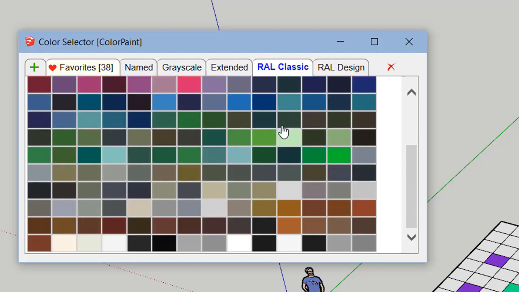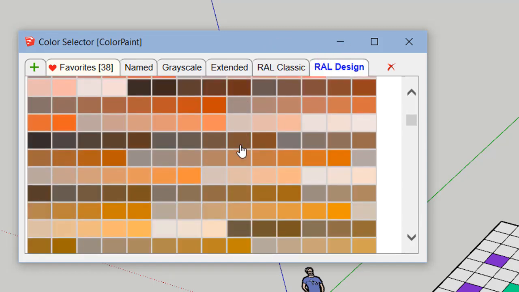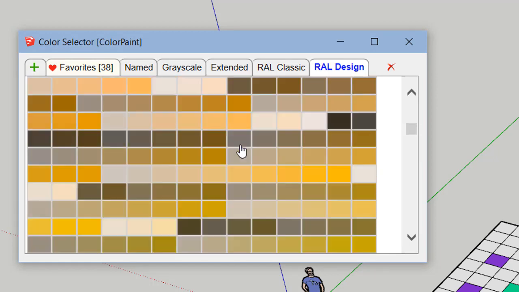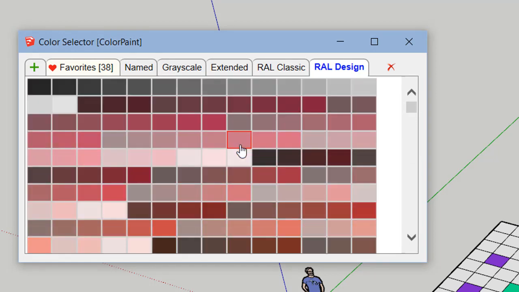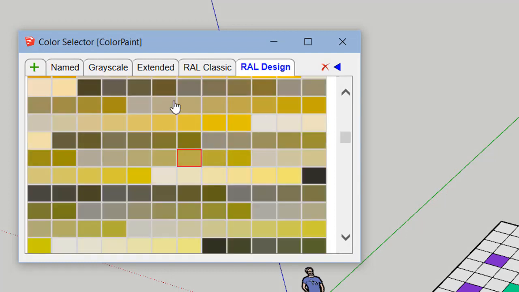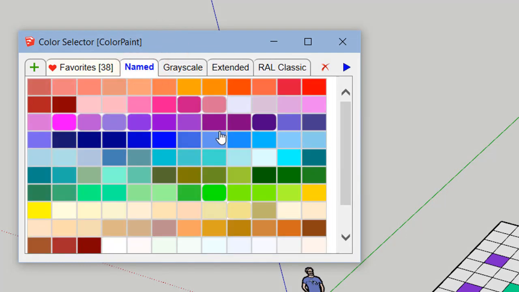RAL Classic can also be useful, and RAL Design is also provided. RAL is a European standard for colors. So here is the various color. We'll see how to add or remove colors in a moment.